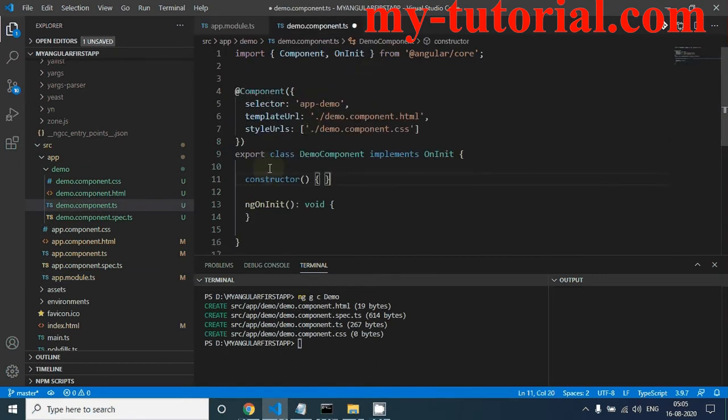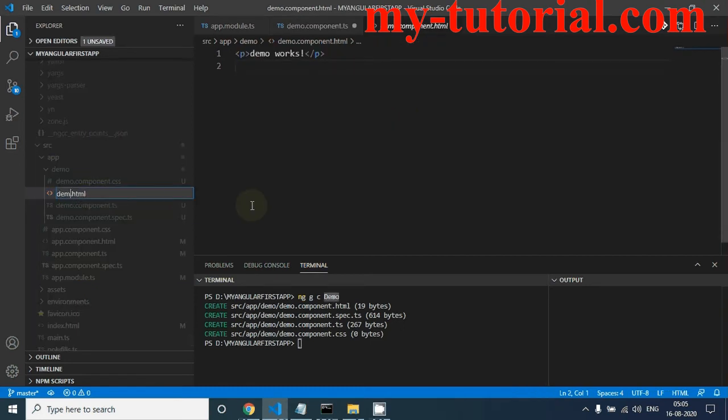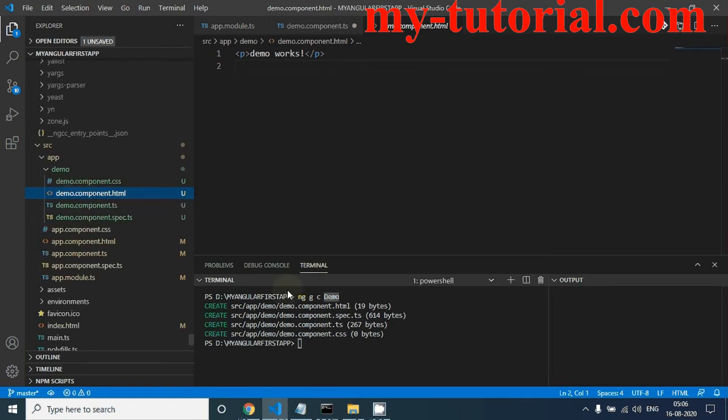Let me also make one thing clear, that we have given name of the component as just demo. And here you see that it has created a file demo.component.css, demo.component.html. So this is the convention. So even if you use only demo, that is also fine. But by default, when you create component using the command line, you will see something like this.